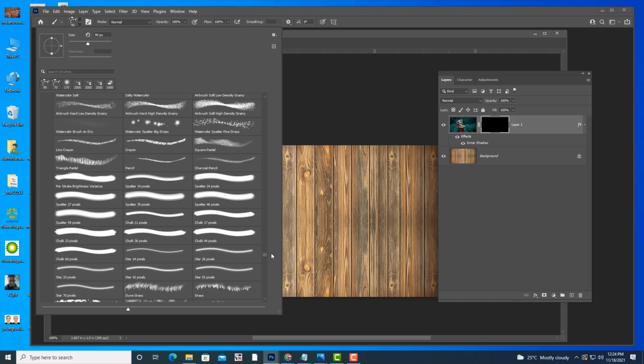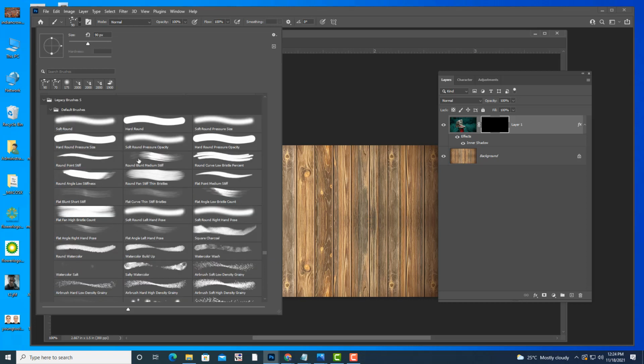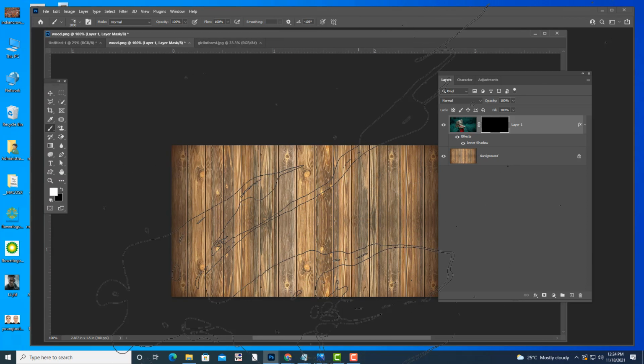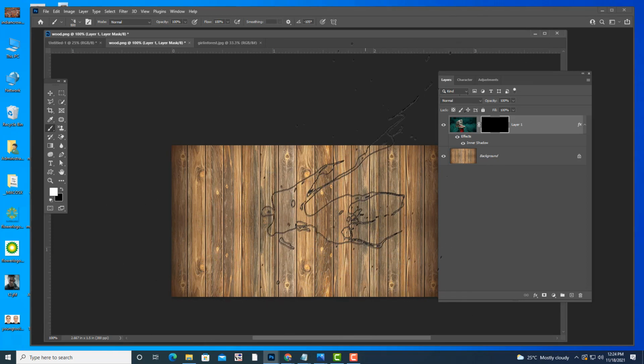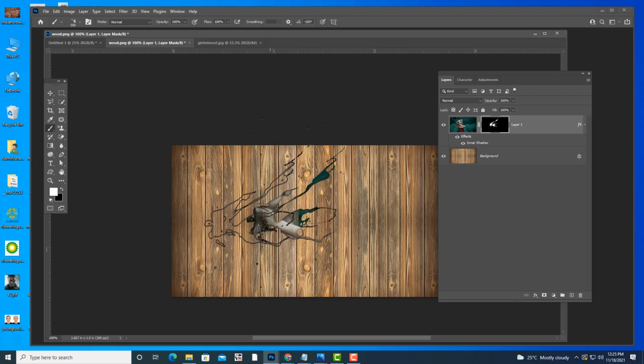I have downloaded some brushes from online. You can use these brushes. Here we have these bled brushes. I have used this glossy bled. This brush I got from Brusheasy.com. I think all of you know that website, right? Use pure white. See how it's showing, if you want to rotate it.